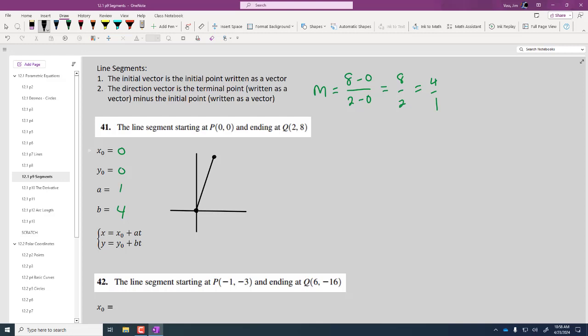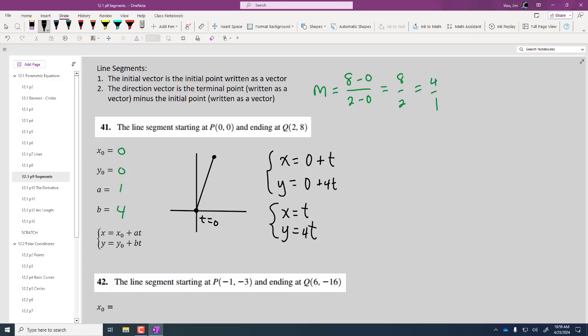So t equals 0. Let's write our equations first, then we'll see that t equals 0 is going to be the origin. So our equations are x equals x sub 0, which is 0, plus a times t, and y is y sub 0, which is 0, plus bt. So those are our parametric equations. If we simplify it just to t and 4t,